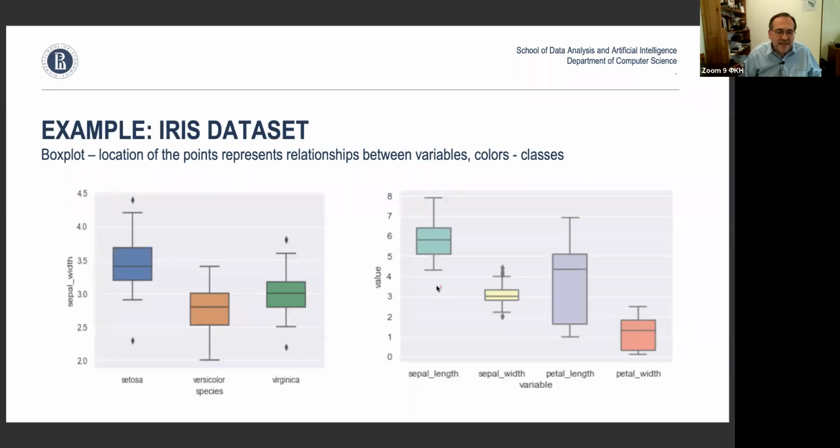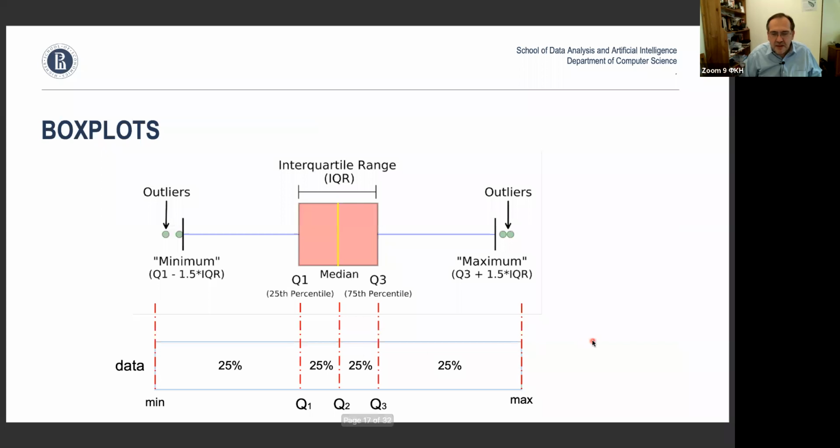All right, let me explain a little bit, and then we'll come back and talk about this. I want you to notice that it consists of, first of all, a box, and then there is a line in the middle. For those of you who don't know, this is not just a bar there. It has a meaning. It's sometimes called a box and whiskers plot. We have those two whiskers, and sometimes some strange points outside. So let's quickly look at what this is. In fact, it's the same John Tukey who introduced exploratory data analysis. He also introduced this idea of box plots as a 5-point summary of the data set.